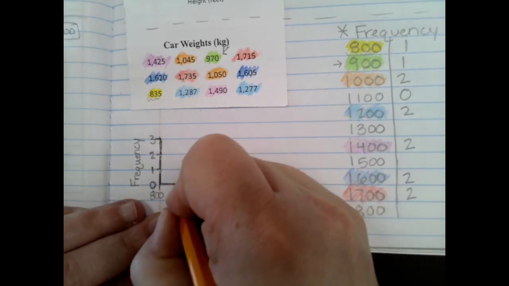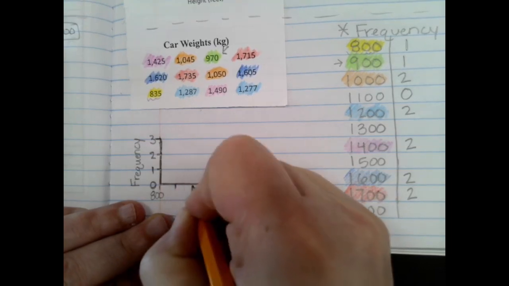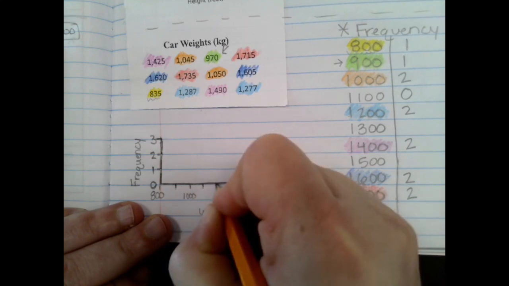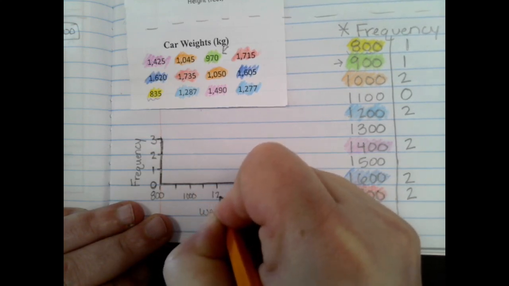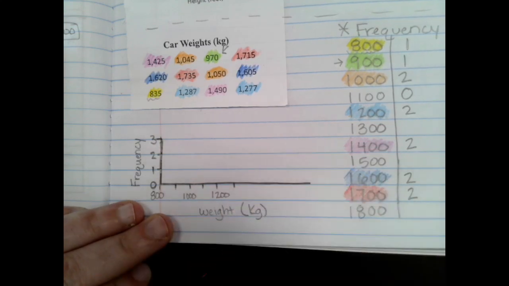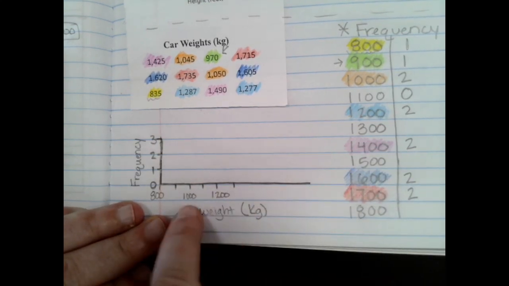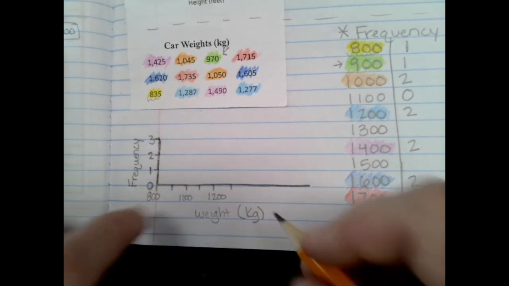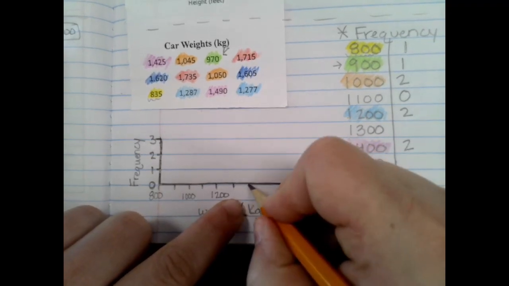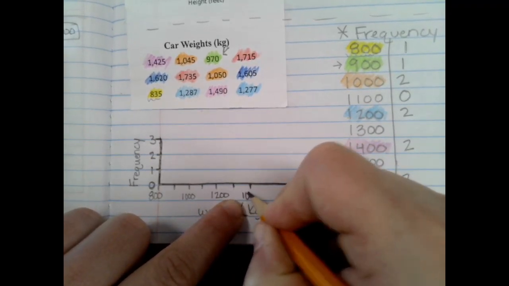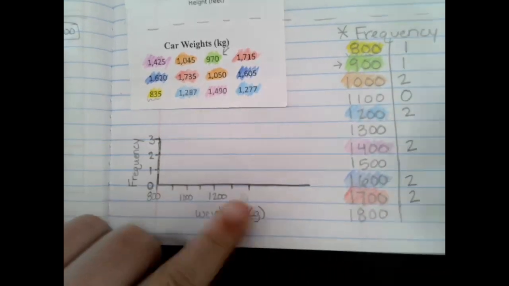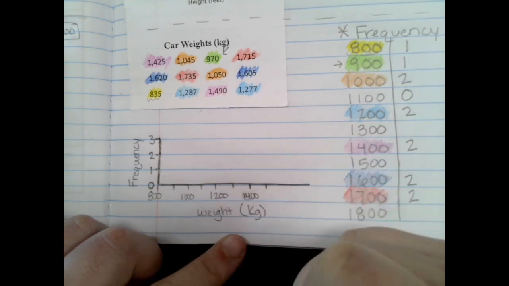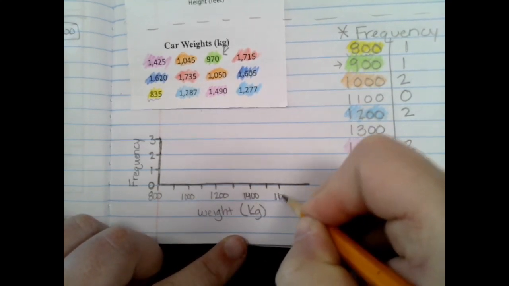So you might need to make kind of pretty small tick marks here. So 800, that'll be 900, 1,000. So even though I'm only going to label every other, I'm still making a tick mark for that 1,100. I'm just not going to have enough space to write out every number because otherwise I'd have to write really, really small, and I'm not really capable of that. So 1,300, 1,400, 1,500, 1,600,